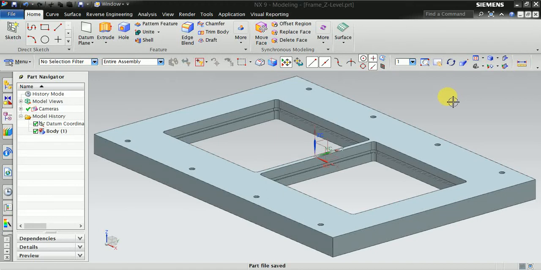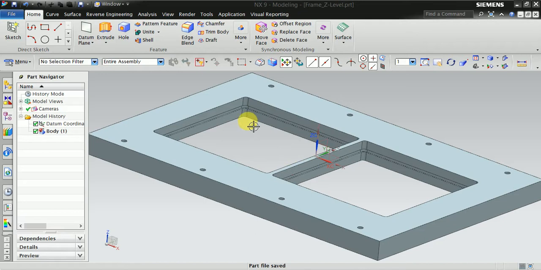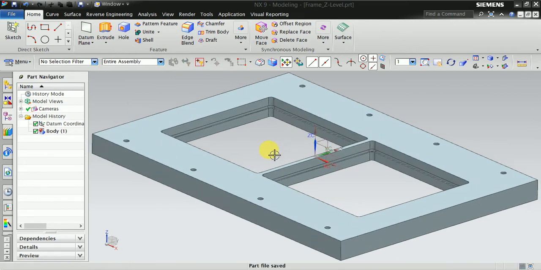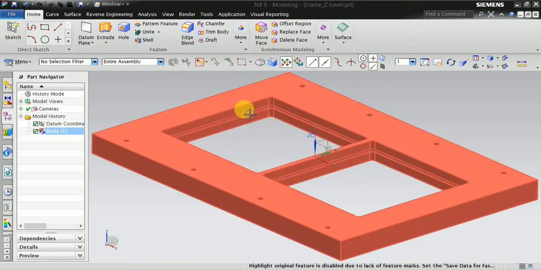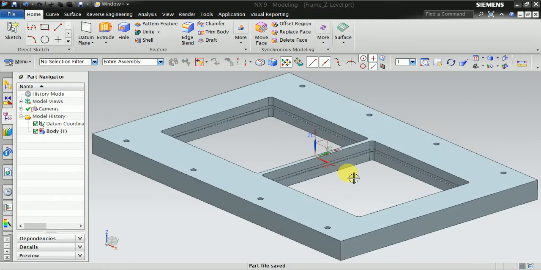Welcome friends, in this video we learn how to remove cavity materials in NX software. Now make this manufacturing program in NX. First of all I have this model and now we are generating the program of this cavities in Z level profile.